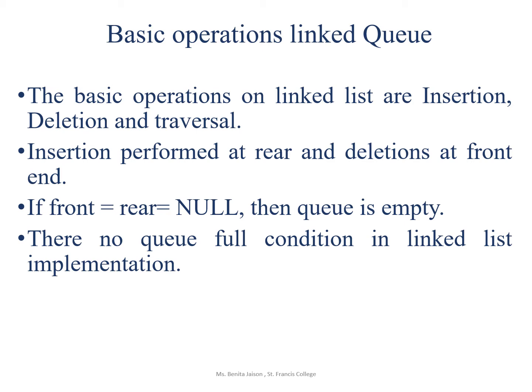During deletion, we have to check whether the queue is empty. If not, the value of the node to be deleted, which is at the front end of the list, is copied into a variable to be displayed as the number deleted, and then we advance the front pointer and free the storage of the deleted node.